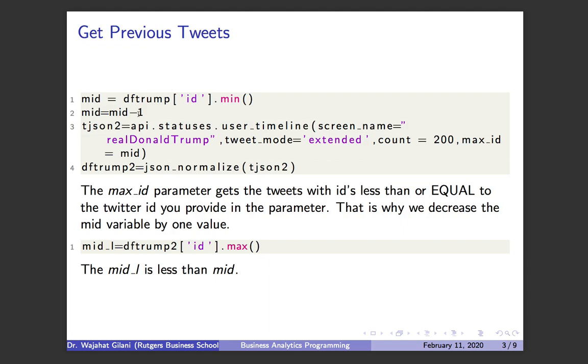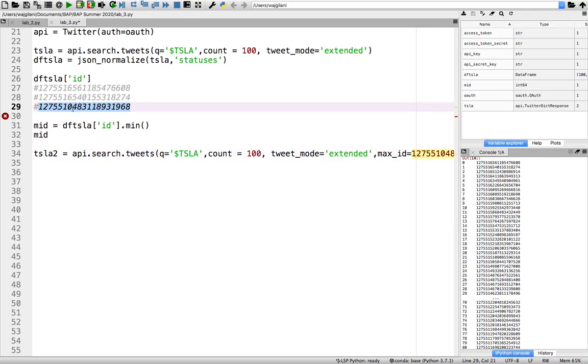Why do I do this? I do this so I can put this variable in here and get something less than or equal to this variable, to ensure that I will not get the 200 tweet again as the first tweet. That's why I subtract by 1. Because again, the way that parameter works is it gets the most recent tweets less than or equal to the ID you give it. If I simply give it this ID without subtracting 1 from it, of the last tweet I get, the 200 tweet in this example, or the 100 tweet,